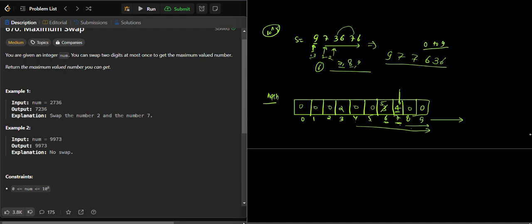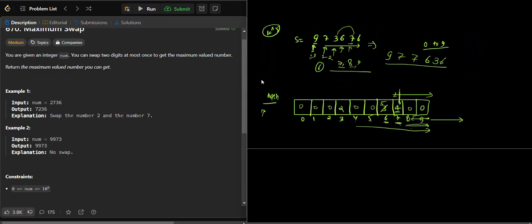And same thing, if you didn't find the answer, we go to the next step and check. Let's suppose here 6, we will check only 7 to 9 values. We will visit only the 7 to 9 indices from our hash. After that we go to 7. In the 7 we will visit the 8 to 9 indices. We will check whether the current index value is less than the actual index value of 8 and 9. If 8 or 9 is greater, you can swap it and return the answer. Okay, we understand.